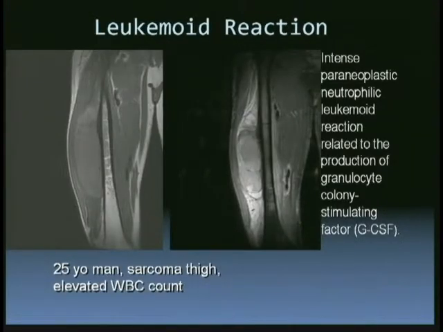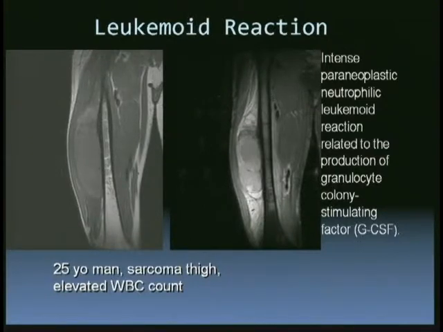This was an interesting case. A patient, a 25-year-old man who had a sarcoma in his thigh, and looking at his bone marrow, we saw, well, he does have some low signal in his diaphysis, where he should not. He hadn't been treated, he wasn't taking any drugs to stimulate the marrow, and actually he had a very elevated white blood cell count, and this is a recognized